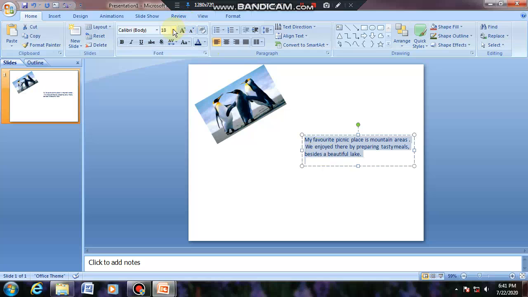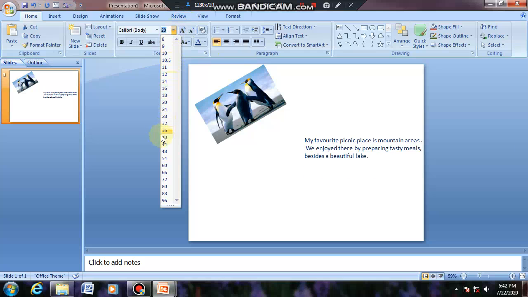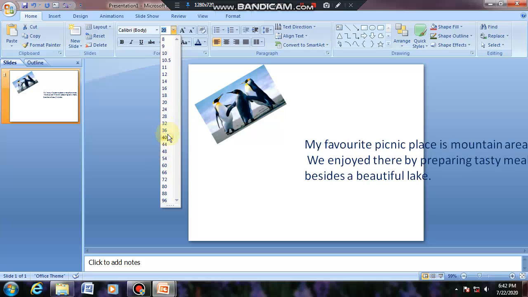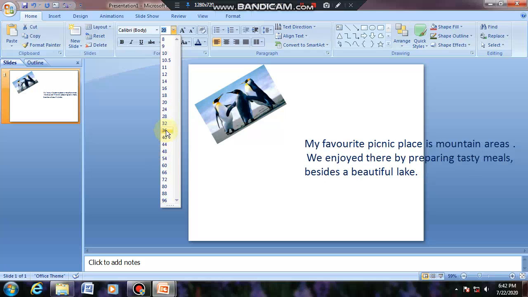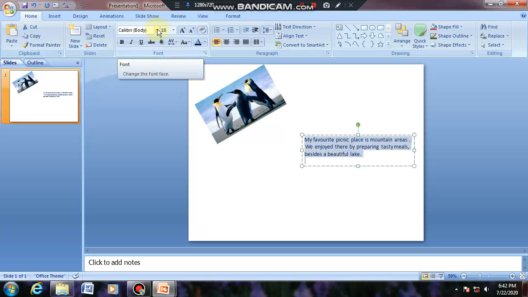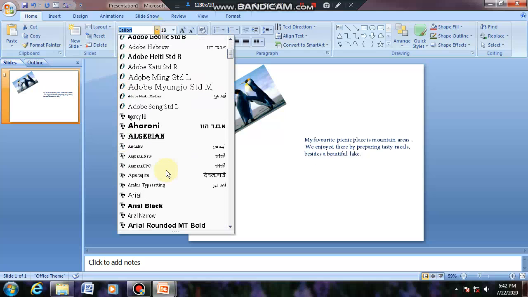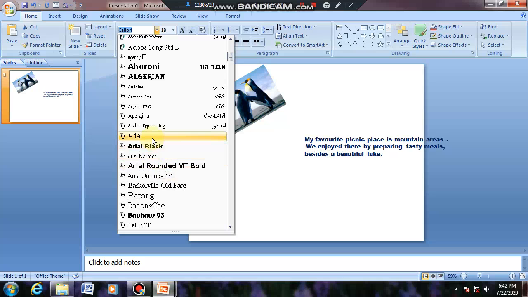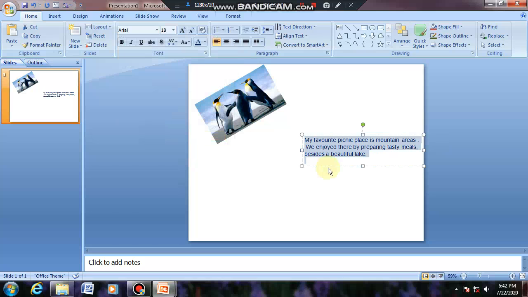Now you can change the size from grow size, or you can use this function. And if you want to change the type, you can also change it by changing font themes. If you want to add an image, we have already added one, so we don't need to add it again. You can add more images if you need.